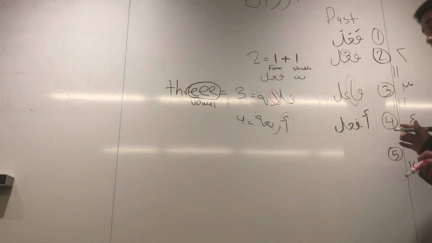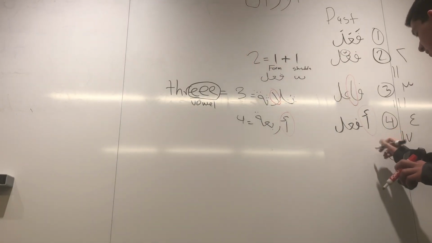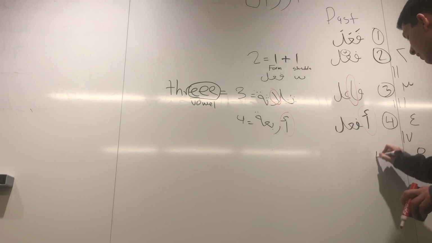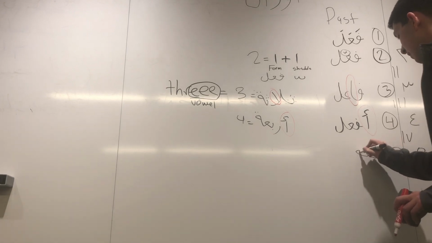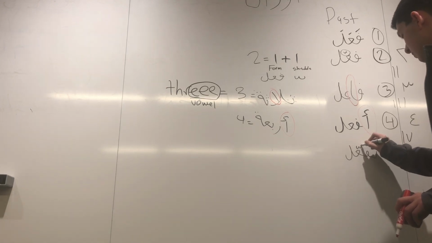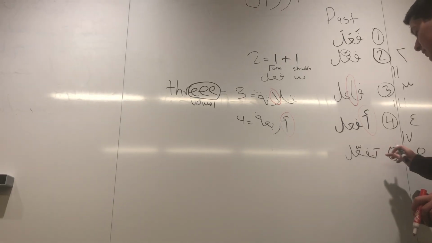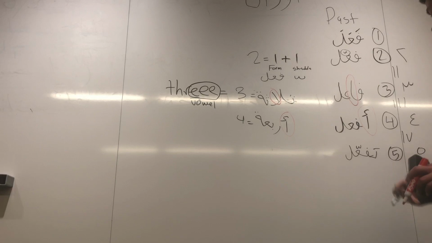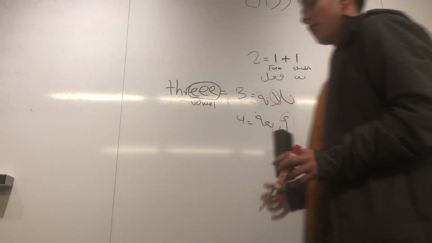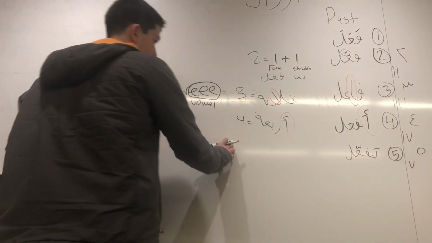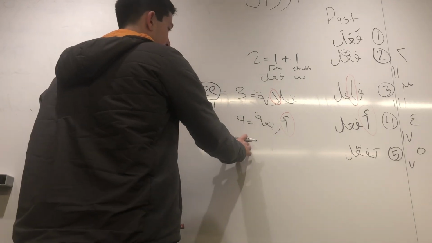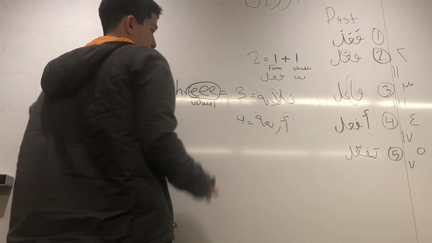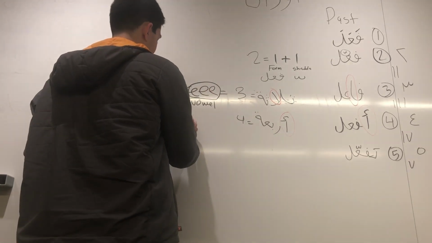Form 5, it's a little bit tricky, it's a little bit tough. Form 5 is tafa''ala. It's tafa''ala, the ayn has a shadda, so you stress it, you say tafa''ala. How are we going to remember this one? Well, it's pretty tough, I'm not going to lie, but a way to remember is if you work from 5 to 5, if I work from 5